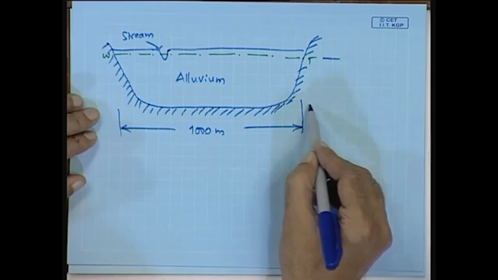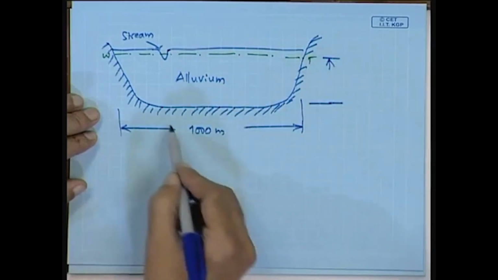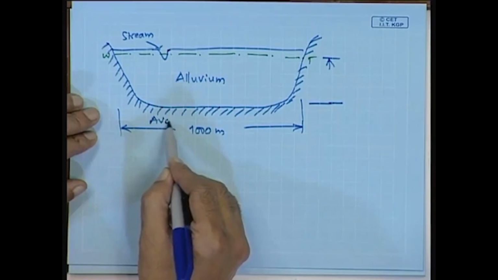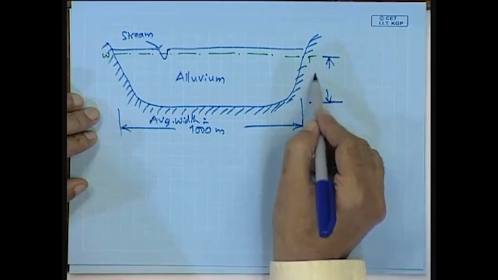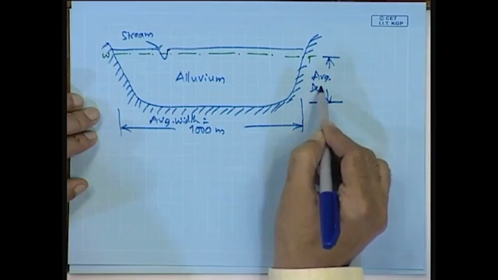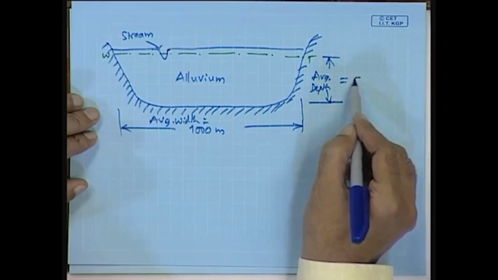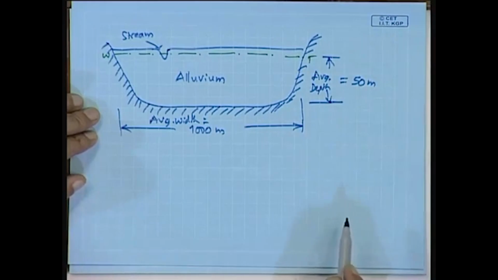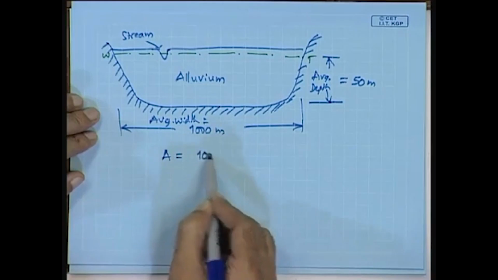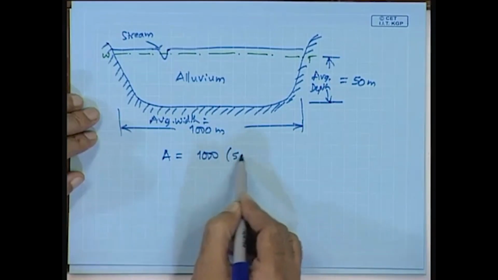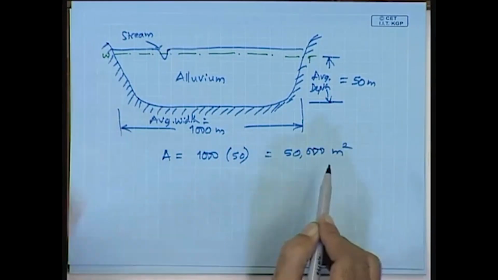and the average depth of this alluvium, so this is the average width and the average depth, say of the order of something like 50 meters. Then in that case our cross sectional area A will be 1000 into 50, which is 50,000 meter square, and